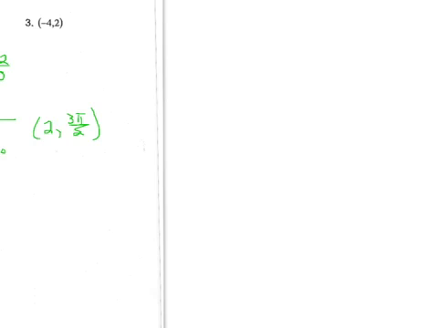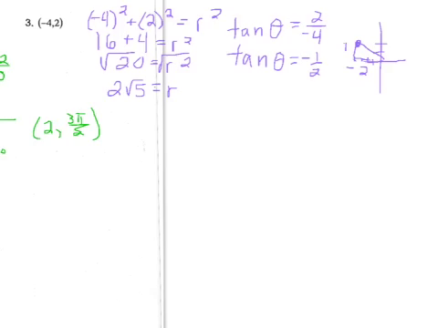Okay, pause the video and try this problem on your own to see if you can get the polar coordinate for -4, 2. Hopefully you got to this point where you were able to figure out that the radius is 2√5, but when you're trying to figure out the angle, we end up with tan theta equaling -1/2. In this case, this is not a special triangle because we don't have a special triangle where the opposite side is 1 and the adjacent side is 2. So we need to end up using our calculators and taking the inverse tangent of -1/2 and making sure that our calculator is in radian mode